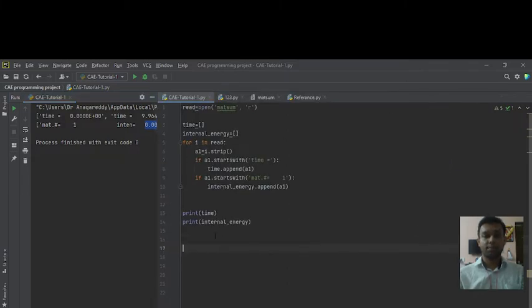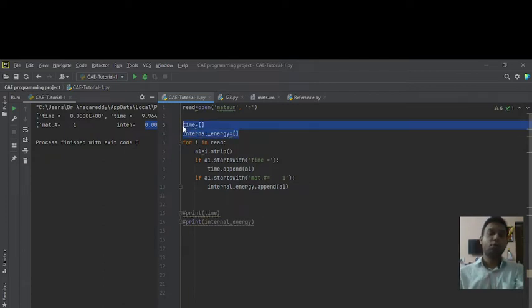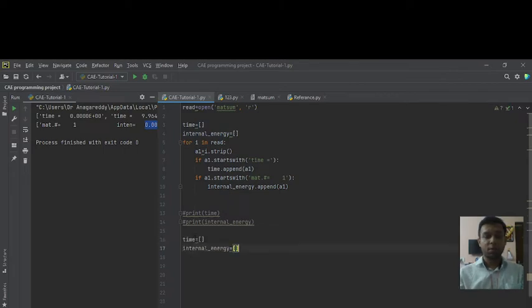Let's see. For that I will comment this out temporarily. I will create two empty lists, once again, with the names time 1 and internal energy 1.